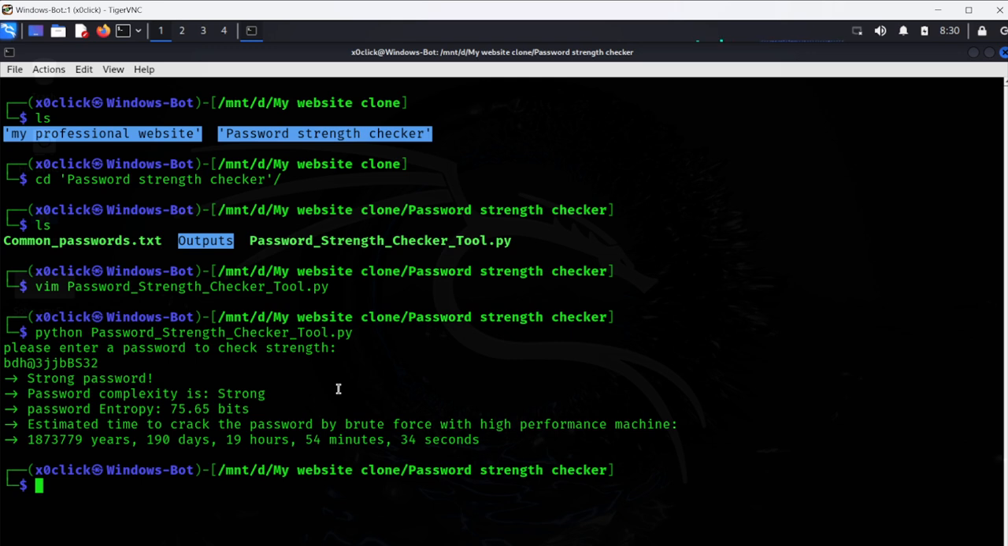This is not exactly accurate, and we have made some calculations with our assumptions, which is brute force with a high performance machine, because it's giving that much. If you do it with some combinations and per second cracking rate, it will take a lot of time even compared with this. So like this, and now again we will